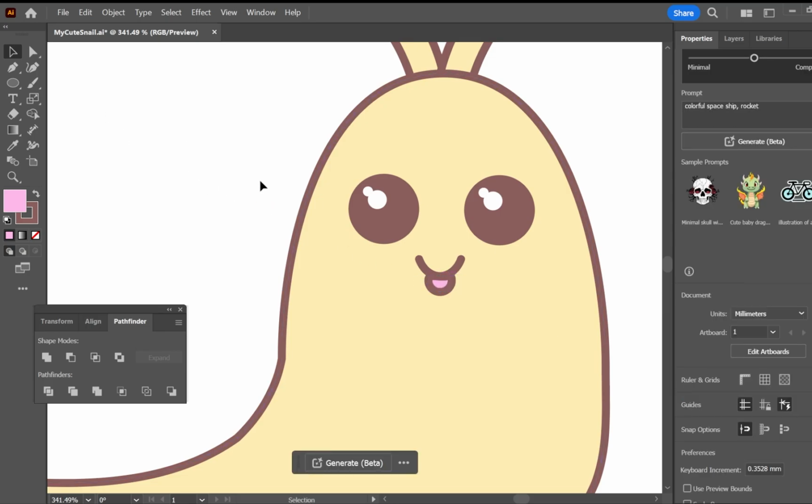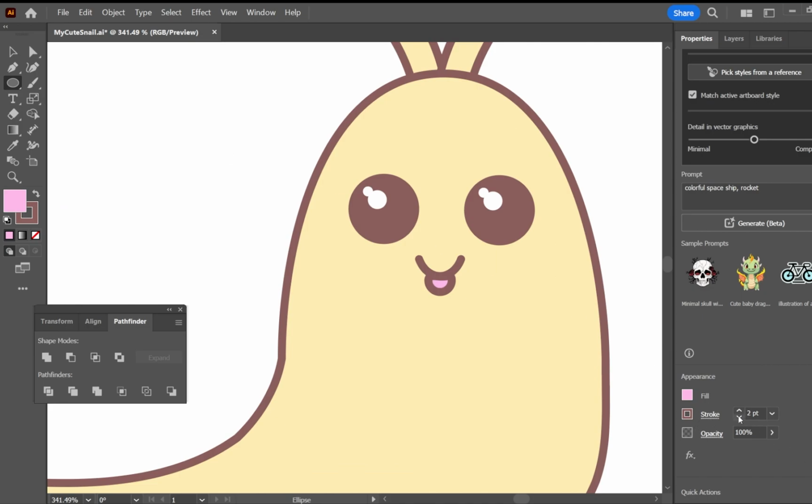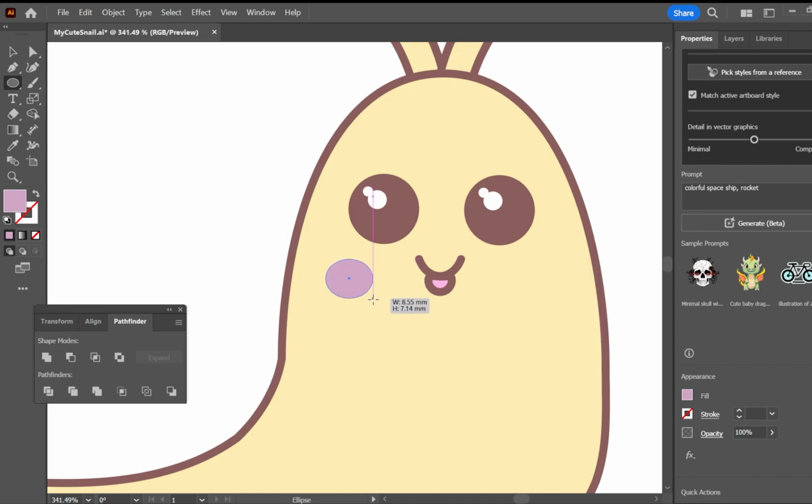For the rosy cheeks, we're going to use the ellipse tool again, no stroke, and use a slightly different shade. It's like a purpley pink. And then getting that direct select tool again, clicking on the point, just dragging it up slightly.